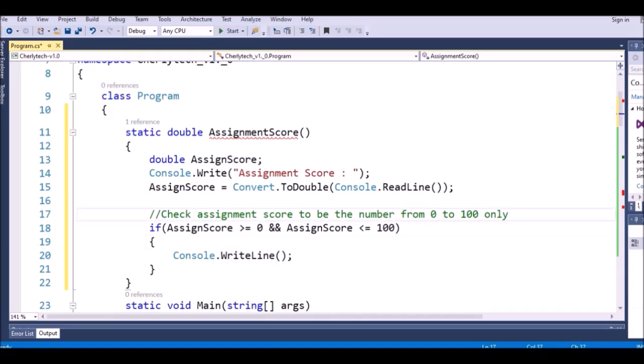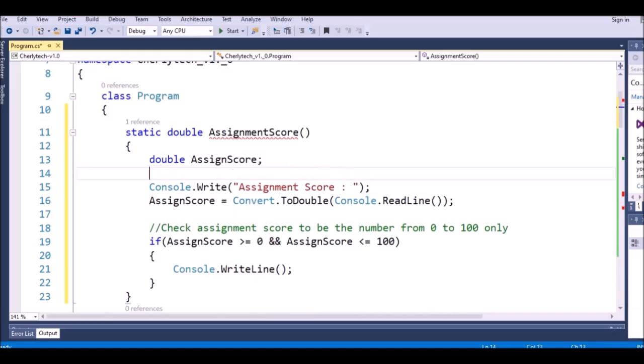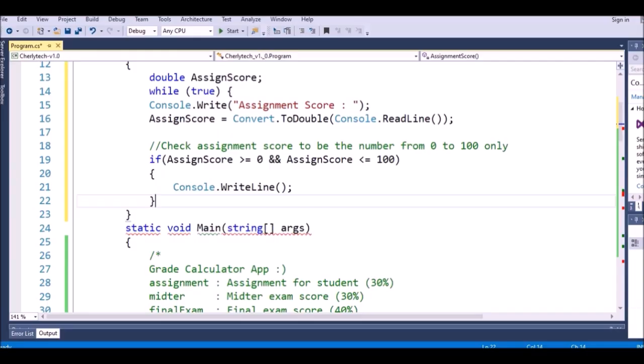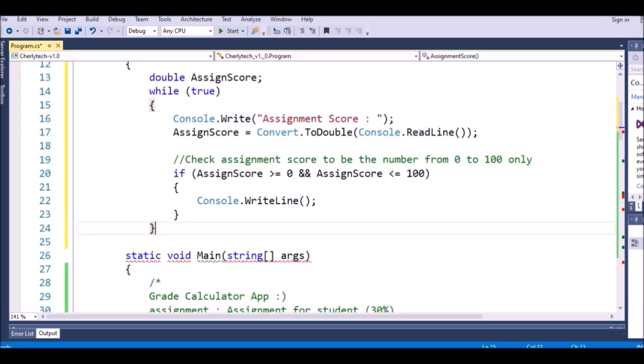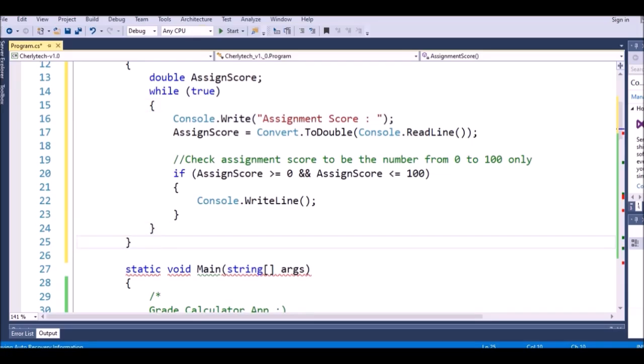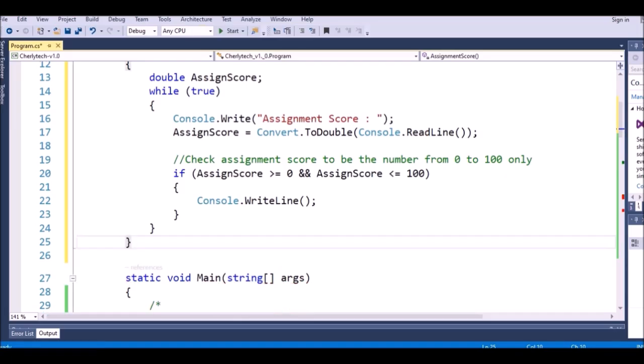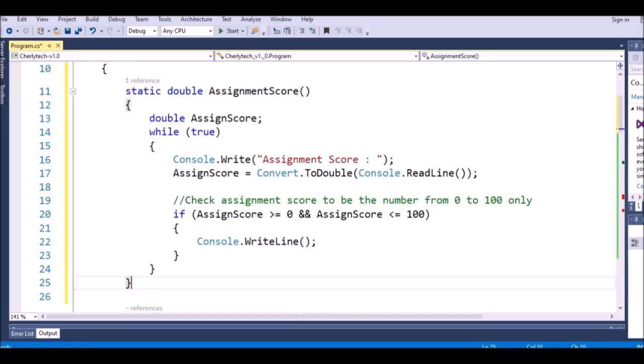So that means I will use the while loop for this one. So in here, I say true, and do this, and enter, right? So you see that this one, this means we need more, this one, like this, and